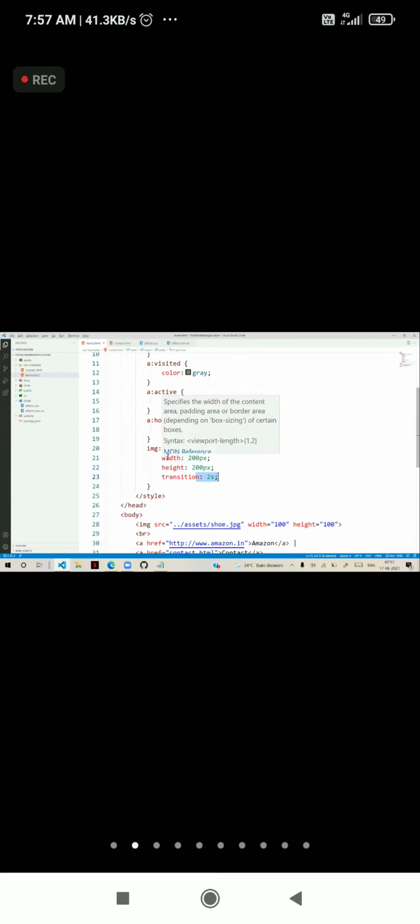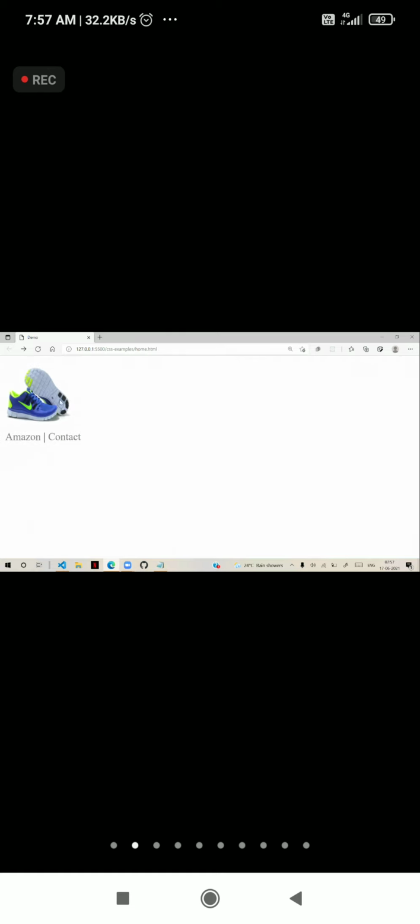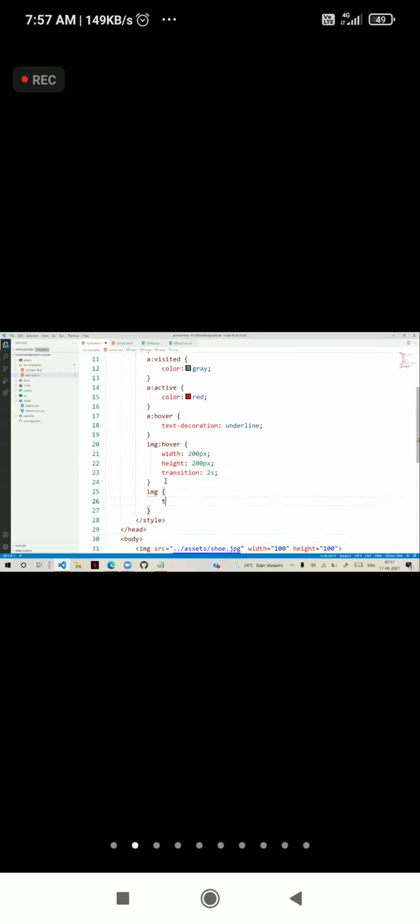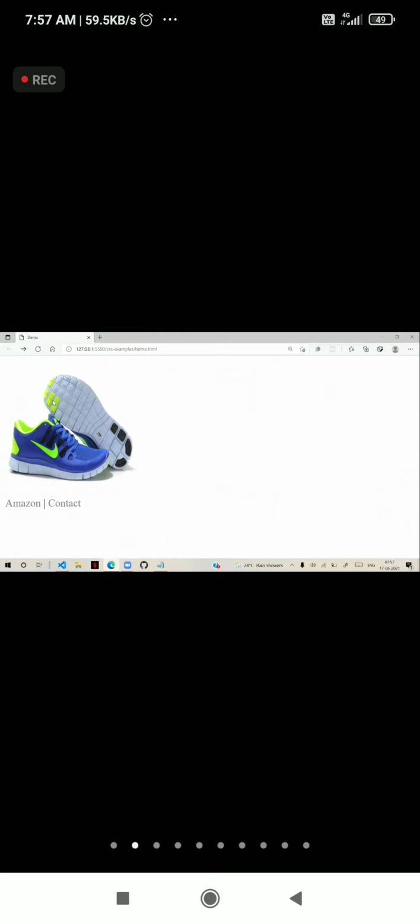Now you see, when I move the mouse, it will slowly zoom like this. And when I move the mouse out, it goes back to normal. It is slowly zooming. But on mouse out also, it should take 2 seconds. Then what we do is generally, for the image when it is not hovered, also give transition 2 seconds. So now you can see on mouse over, it will take 2 seconds, and on mouse out, again it will go back to normal.